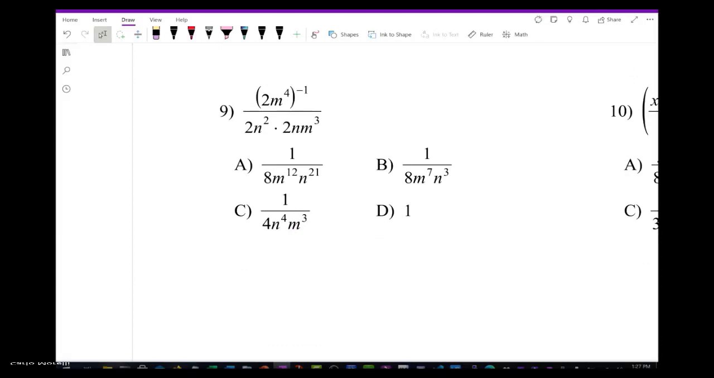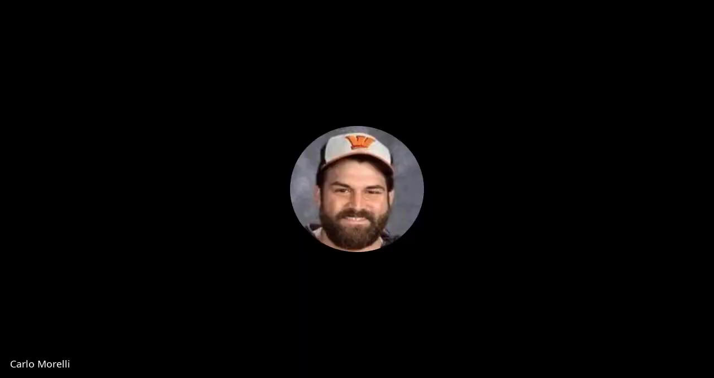Okay, so where do your eyes go first? Top or bottom? Top. Good. The parentheses, right? So we're going to distribute this -1, but we have to remember that 2 has an exponent of 1. So our first step is to rewrite the whole problem. I've got open parentheses 2 to the 1st times m to the 4th, close parentheses, the whole thing raised to -1,